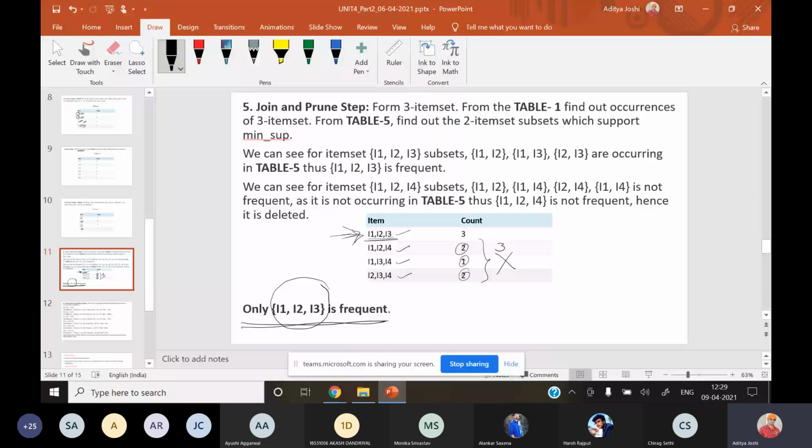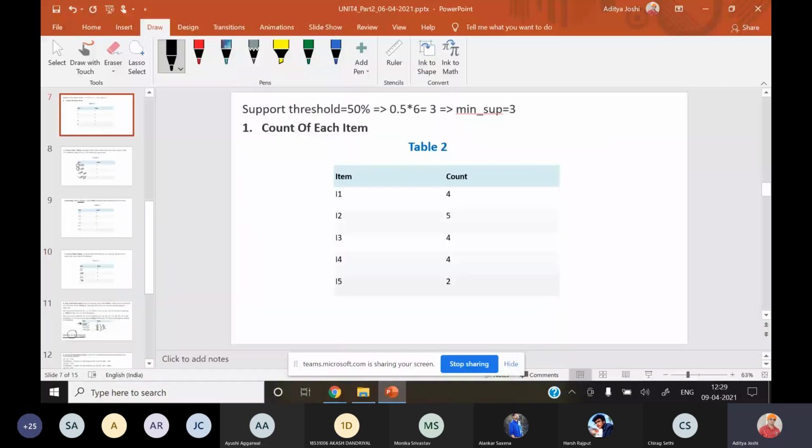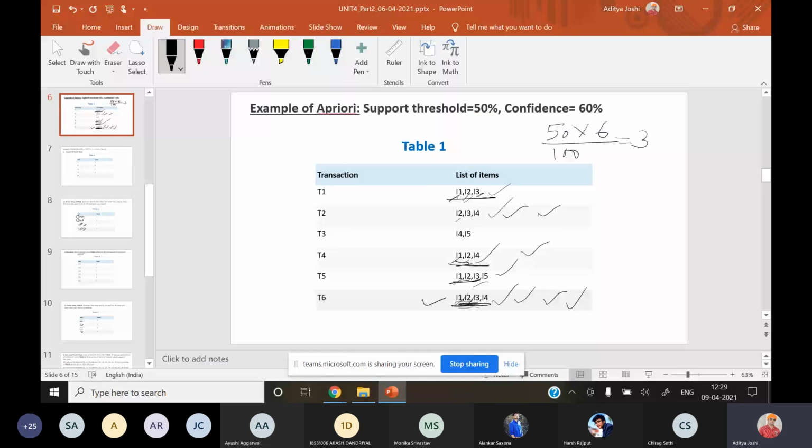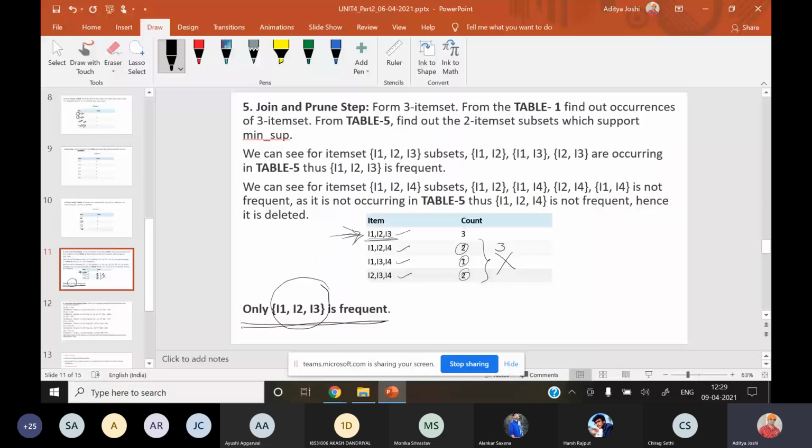So we have given the minimum support threshold. Also we have given confidence, right? So you have to generate association rules with this frequent item set. This will be the final step of that algorithm, that you will generate the association rules with the help of